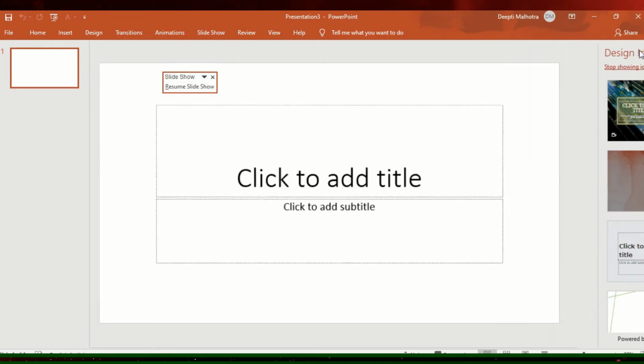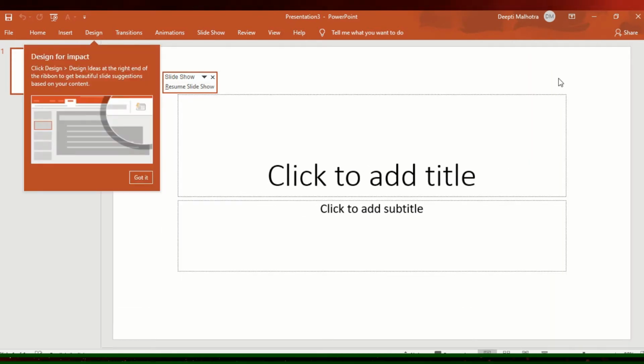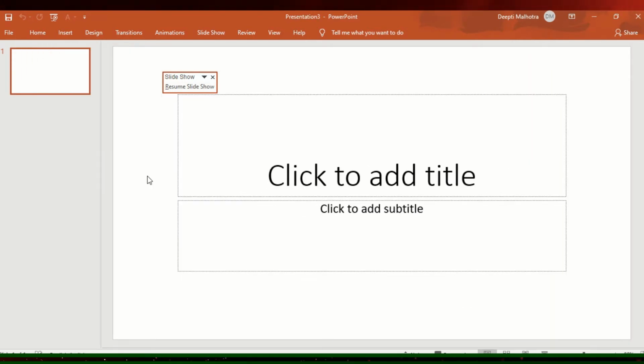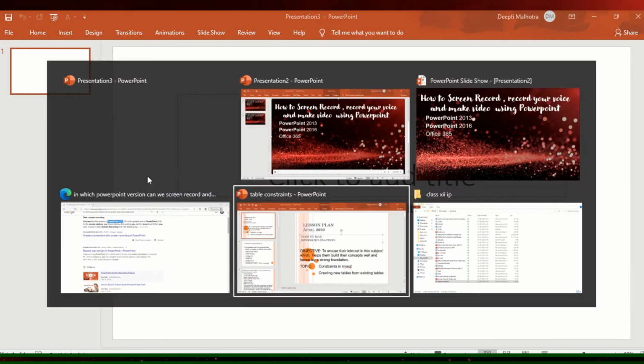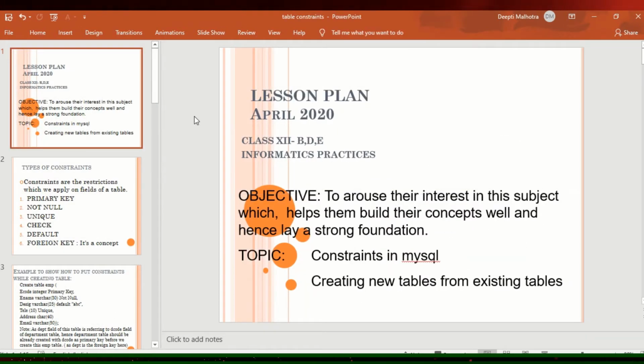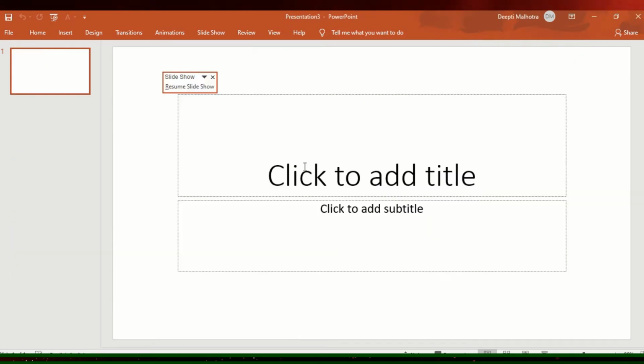You can make that PowerPoint ready with you, as I have opened a PowerPoint which I want to show to students while teaching. So that is ready with me, and I have opened a new blank PowerPoint presentation.